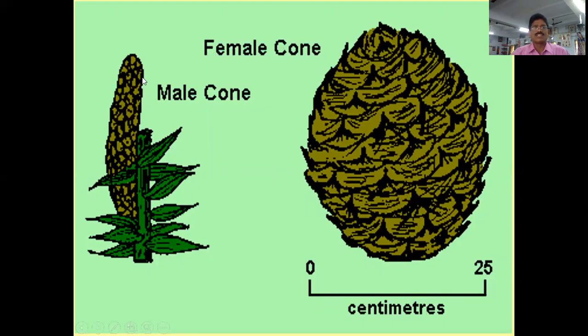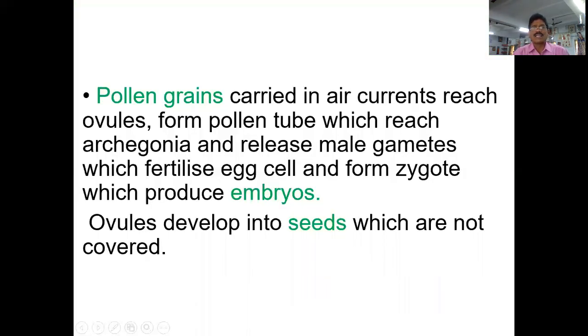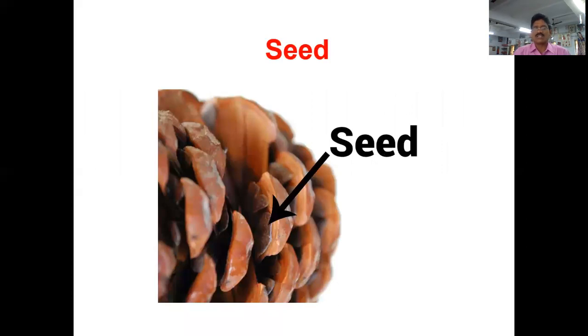When you see, this is the male cone and these are the female cones. So the pollen grains are carried by air currents to each ovule, forming a pollen tube which reaches the archegonia and releases male gametes. And then fertilization takes place, forming a zygote and producing the embryo. The ovule develops into a seed which is not covered. The seed is not covered by any layers. So this is a seed of